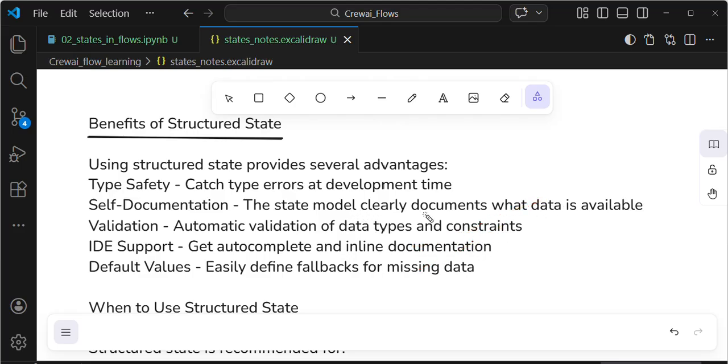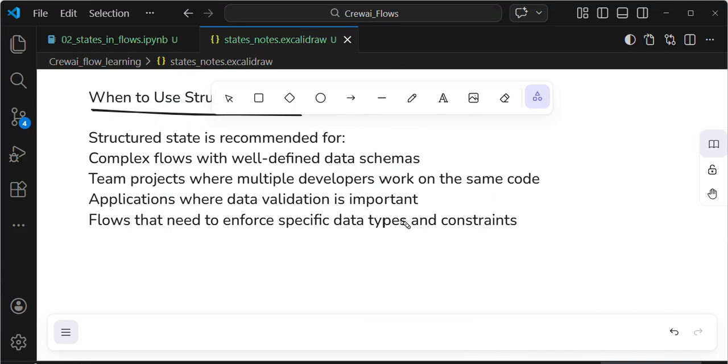Catching type errors at development time, all these things are very important.